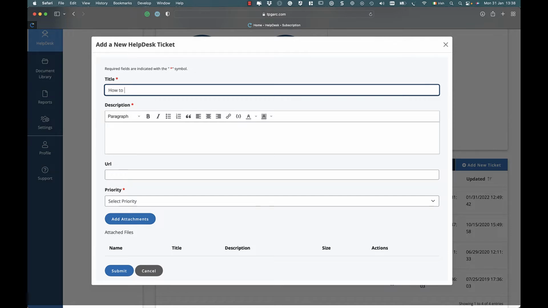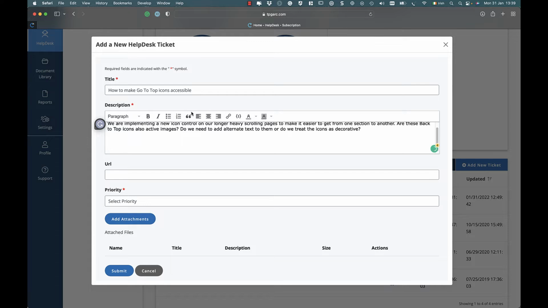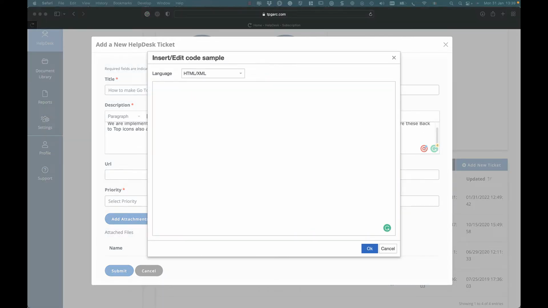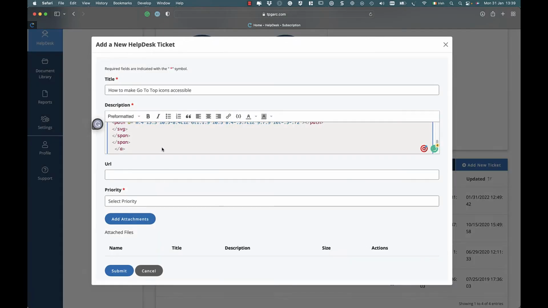In the Add New Ticket dialog, give your ticket a title. The description is the body of your ticket. This is a question or issue you want to raise. You can format the description using the WYSIWYG tools available. You can also add code, such as code examples from your site or application. If you want consultants to look at a live example, be sure to include any steps to reproduce it.